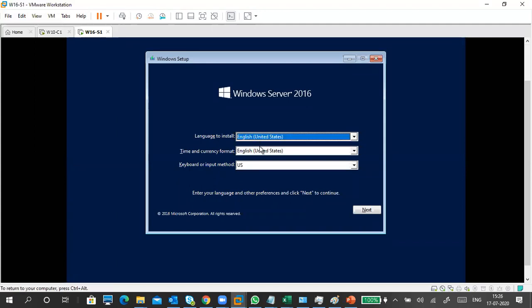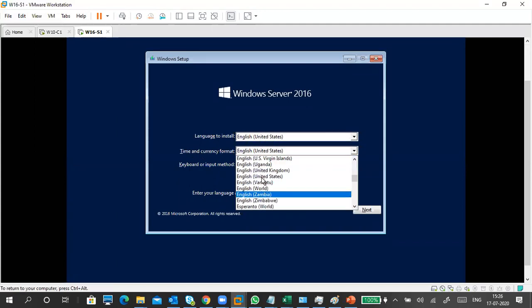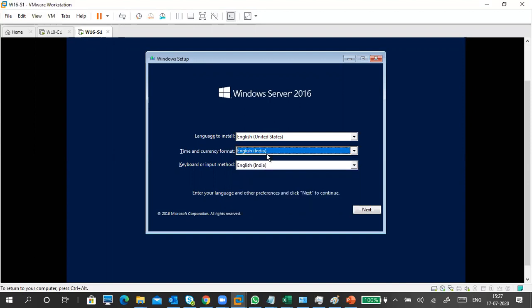Do you remember? Language to install. Time and currency: English, India. If you forget to change it here, no problem. After installation, you can change it. But if you change it now, it is good. Why English, India? Because this server is running, storing and working in India only.